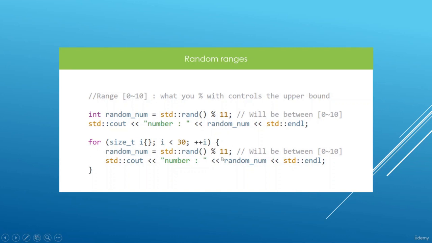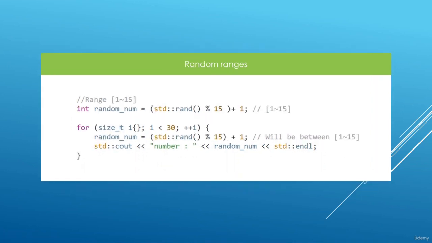And we're going to be getting them if we print them out like this. But this is not enough. And if you want the range to start from 1, you're going to control the upper bound to whatever it is you want, and you're going to add where you want this to start from. So if we take what we have here in parentheses, it's going to give us numbers between 0 and 14,